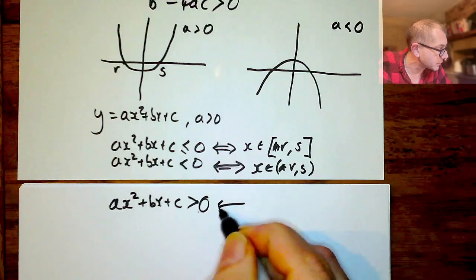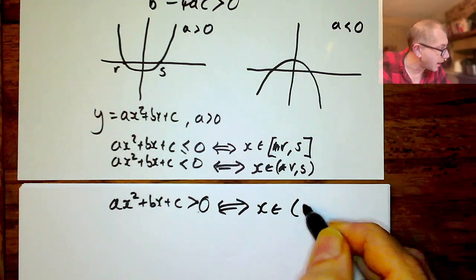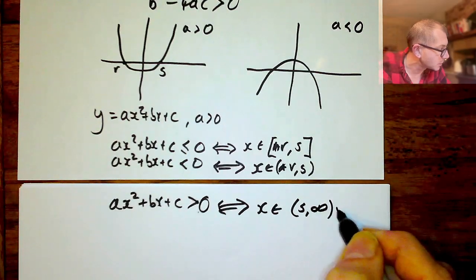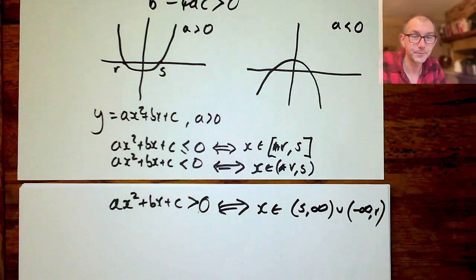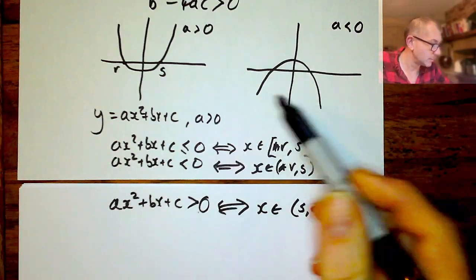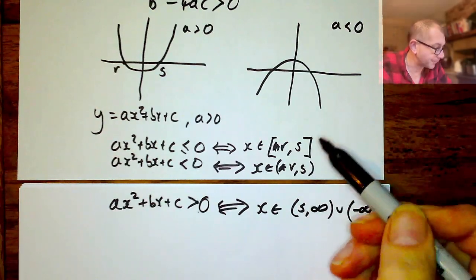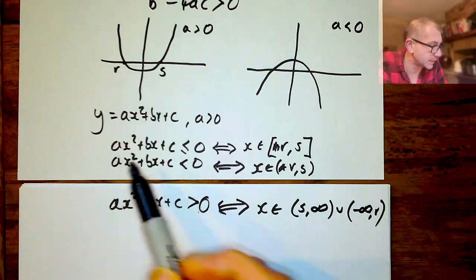So that happens when x is in (s, infinity) union (minus infinity, r). And you get similar expressions for a less than 0, which I won't do,